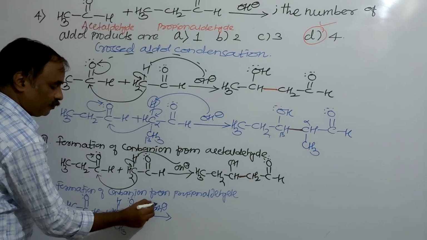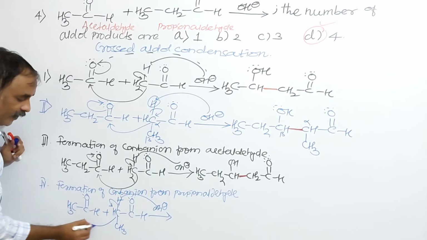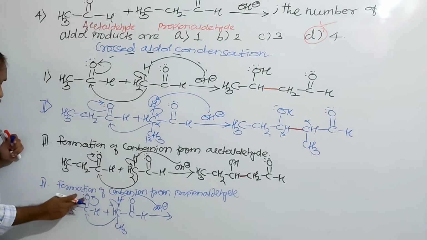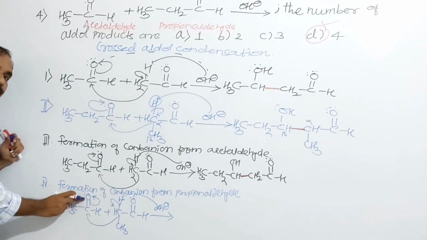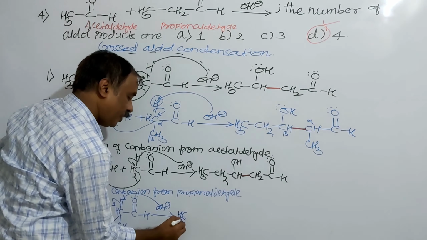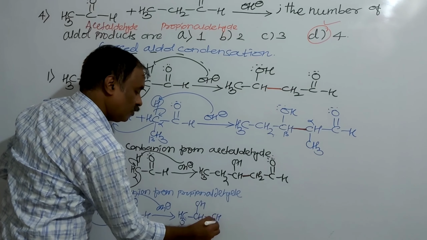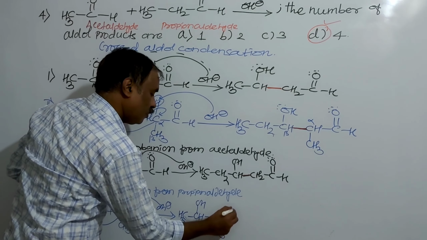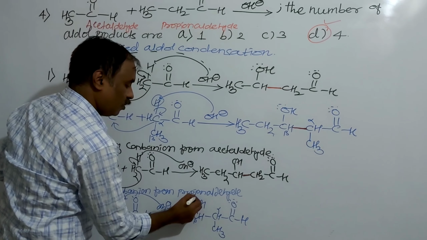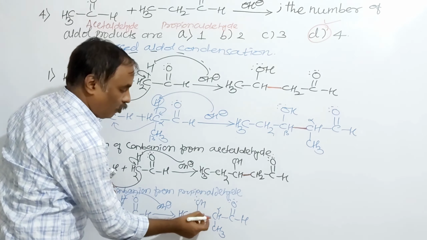A reaction with base OH will take alpha hydrogen, forming a carbanion. Attack of the carbanion, breaking the pi bond and shifting like this. And here O minus will take H plus from water, so here it will be OH, and formation of a new carbon-carbon single bond. CH3, CH, here it is OH, CH3, and here C double bond OH, alpha, beta. So this is a beta hydroxyaldehyde. So this is a new carbon-carbon single bond.